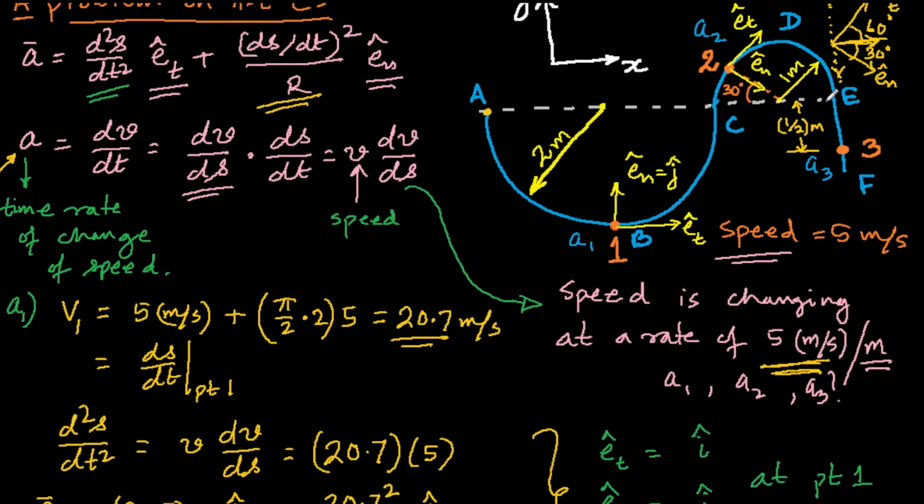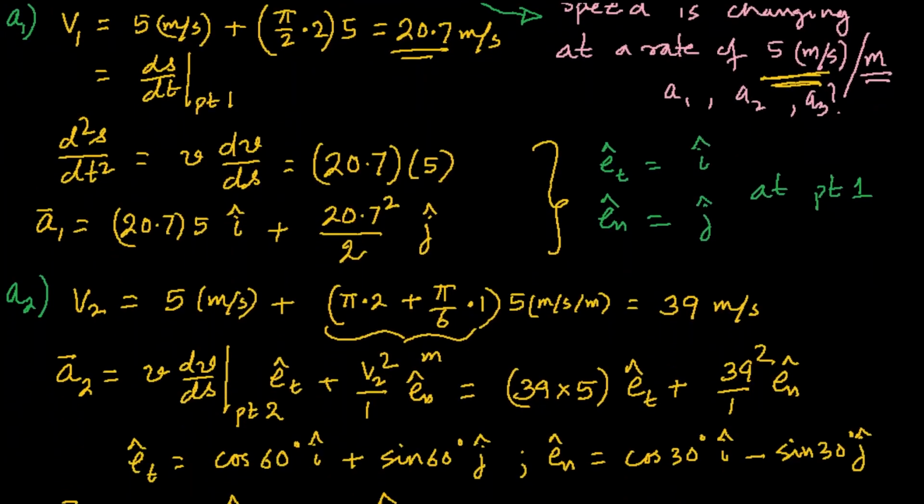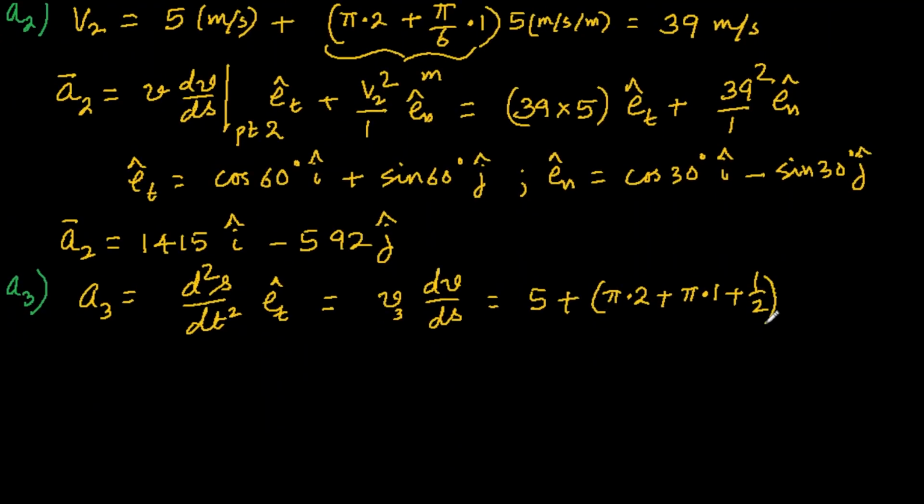So this is the first part, this is the second part, and this is the third part, half a meter. So this times 5 meter per second per meter. Okay, here I missed et. So this full thing times et, so a3 vector should come out to be